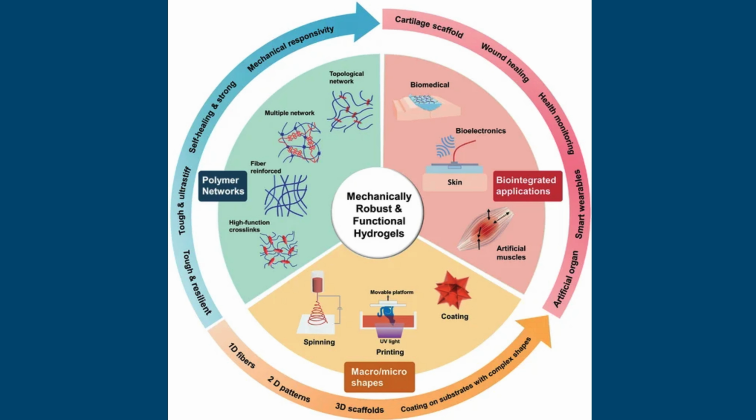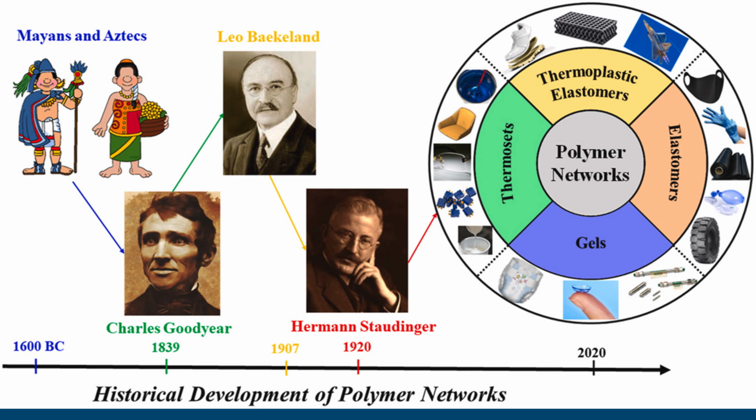Polymer networks are widely utilized across diverse applications, including protective coatings, automotive components, biomedical devices, and agricultural systems. Hydrogels are extensively employed in drug delivery and tissue engineering, while elastomeric networks are critical in flexible electronics and soft actuators. In conclusion, polymer networks are inherently complex materials whose properties emerge from a combination of chemical composition, molecular architecture,